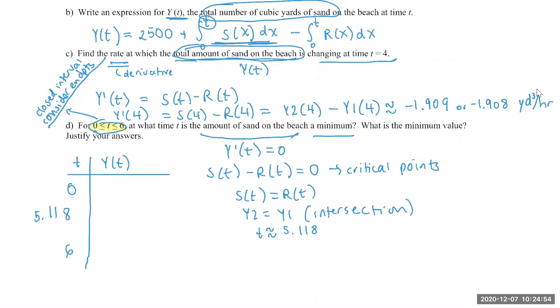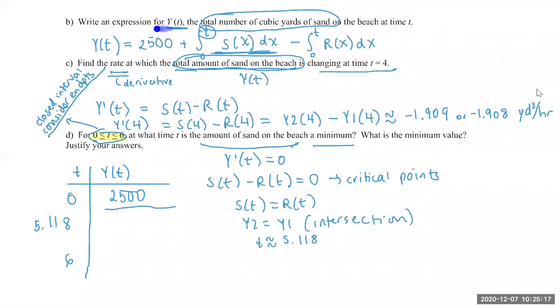Okay, so if you guys do first at 0, we already know the answer to that, right? How much sand is on the beach at time t equals 0? Okay, that was my initial value of 2,500, right? So that one's easy. If I plug now 5.118 into my accumulation function, my y of t is up above here. So if I'm calculating y of 5.118, I'm going to want 5.118 here and here. Since both of these have the same exact limits of integration, you guys can actually combine this as 2,500 plus,